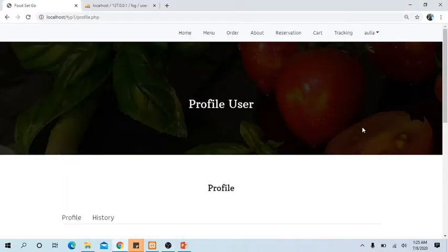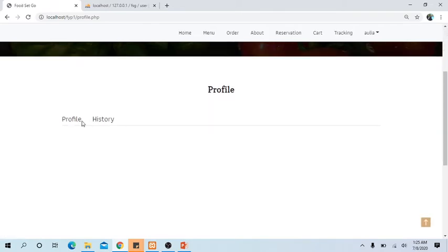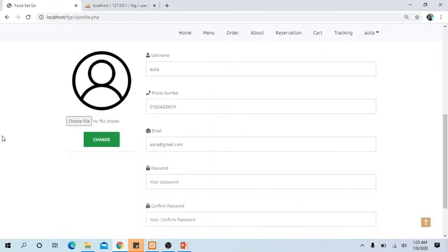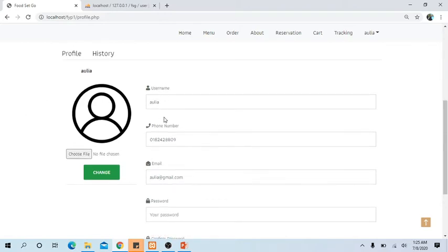Okay, if the user wants to look at their profile, the user needs to go to the profile page, and in this profile there are the username of the user, phone number, and email. If the user wants to change their username, they cannot change their username, and also email, they cannot change their username and email. But if the user wants to change their phone number, they can change their phone number, which is